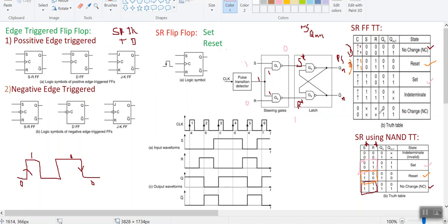Okay, and I would like to consider my last condition. Before that, I will explain this intermediate case also. After this last case, I will explain the fourth case. Now I am moving to the fourth case. Here I would like to have my input as S is equal to 1 and R is equal to 1. Now simply I would like to have my clock signal equal to 0. That is our case here.